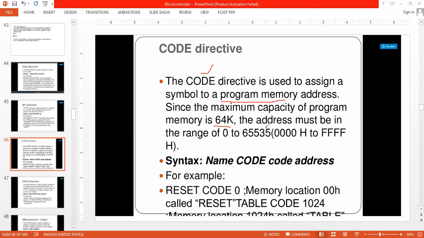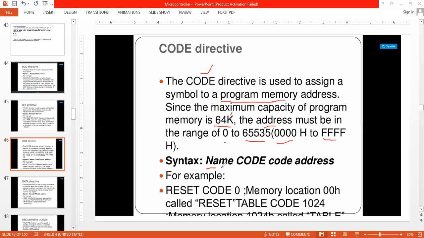That address is going to be from 0 to 65535. 65535 is nothing but 64 KB, that is from 0000H to FFFFH. So what is the address syntax here?